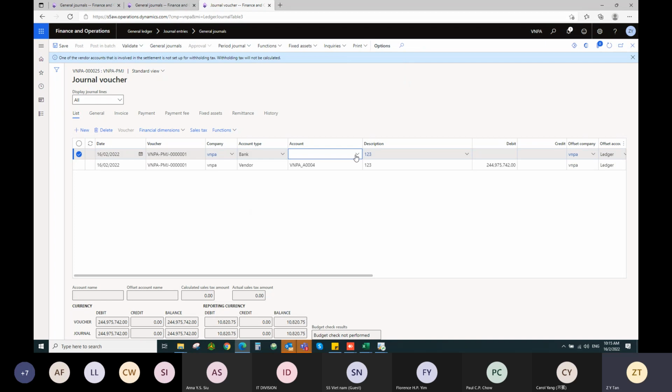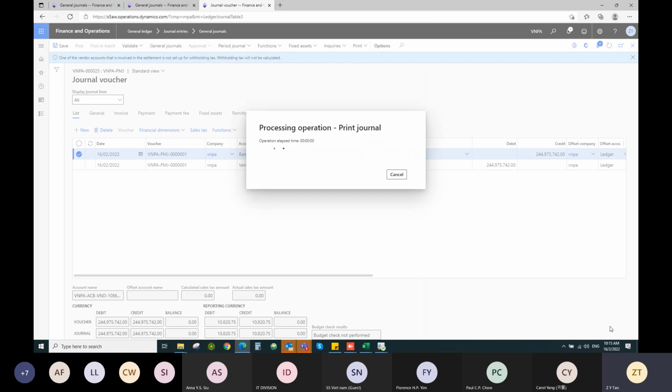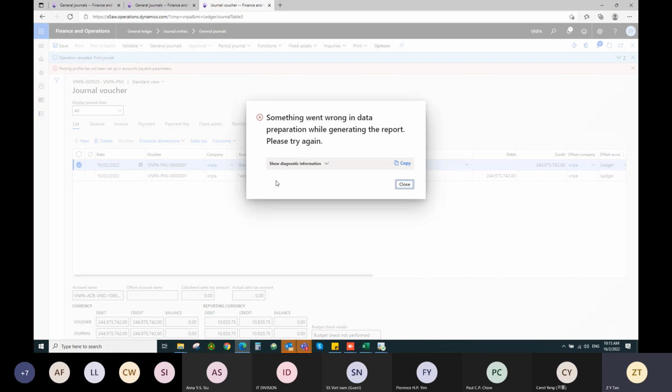Okay, now we're going to demo the other line, which is the bank account to select. Okay, now we're going to try to do a post journal printing to let you take a look at how it looks like. Okay, but because we cannot post this,